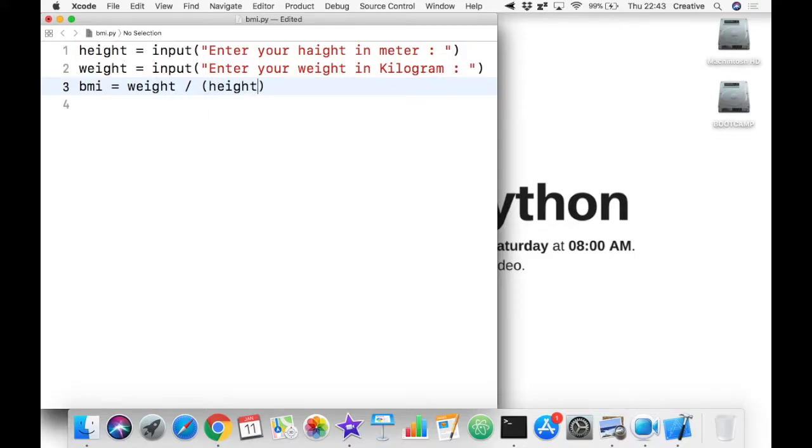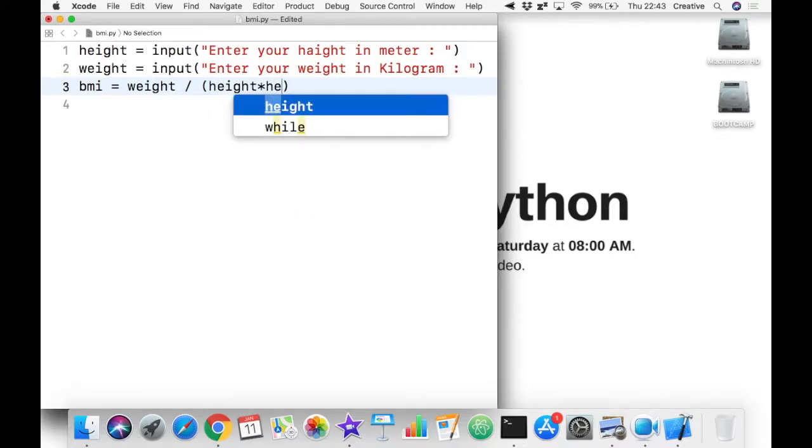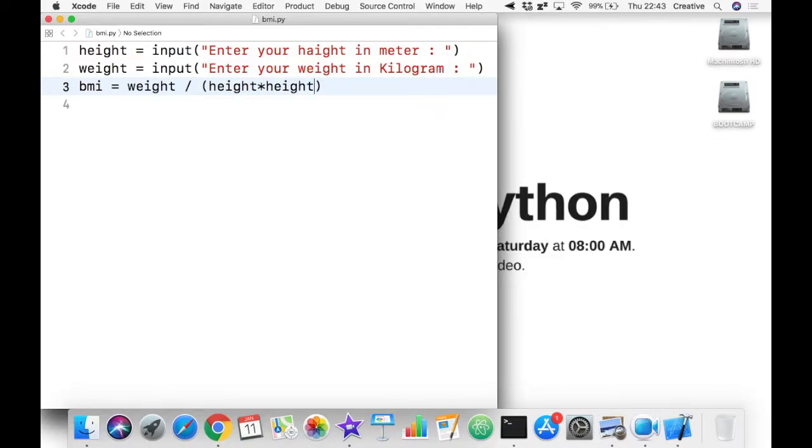I'm going to type height into height, which is similar to height square, and then I'm going to print your BMI is